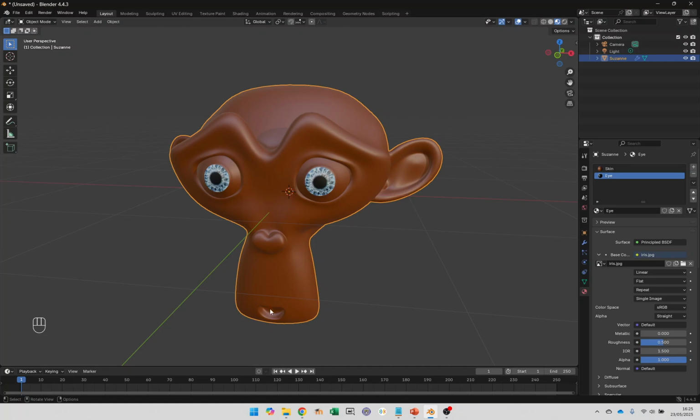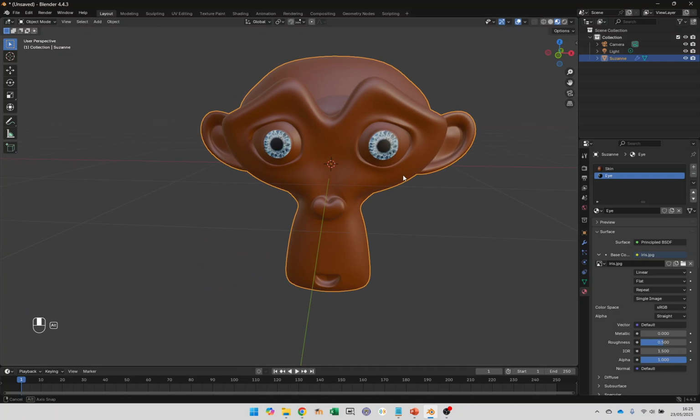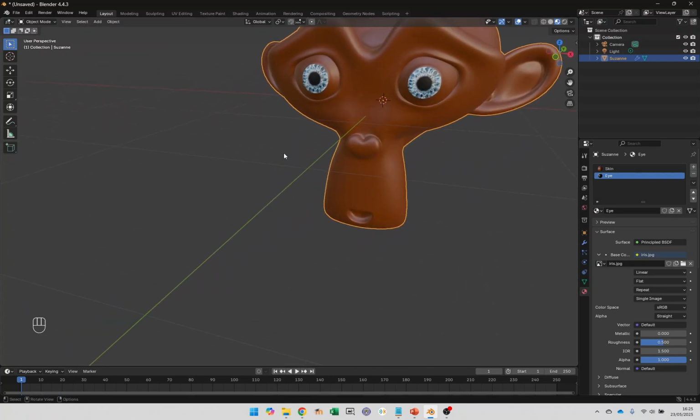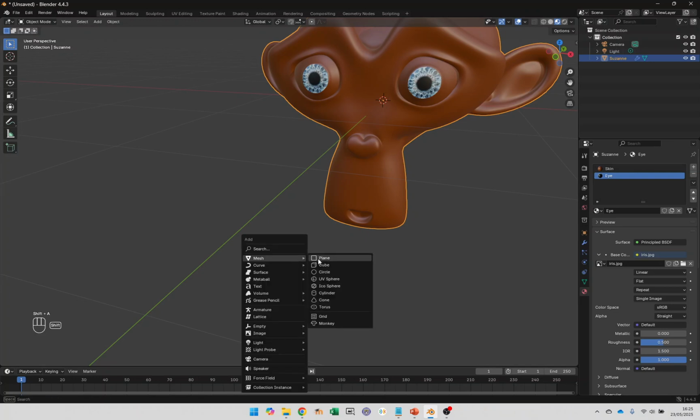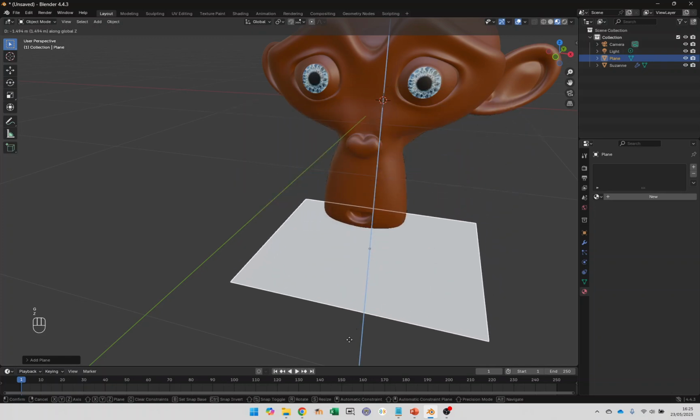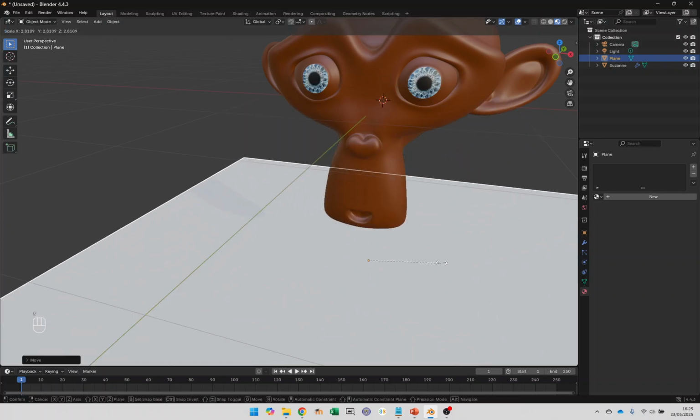You'll probably want to do the nose and the eyes and the mouth and the ears like we did in the last video. But let's just put a texture onto a ground plane. So Shift A to add a new object, add a plane, G Z to move it down in the Z axis, S to scale up,